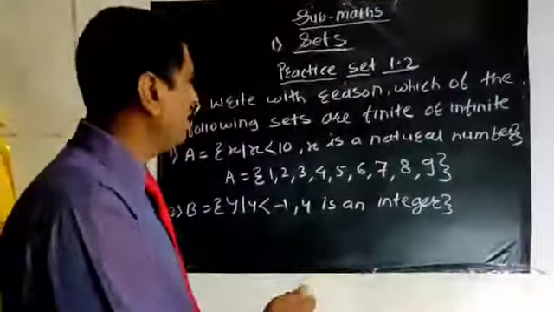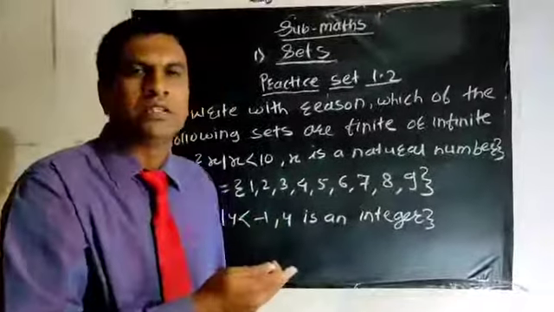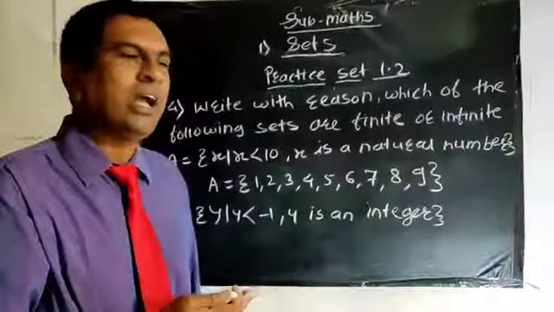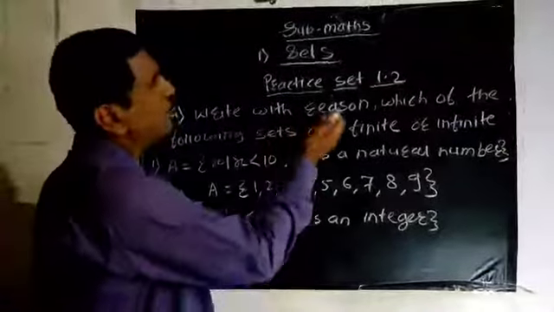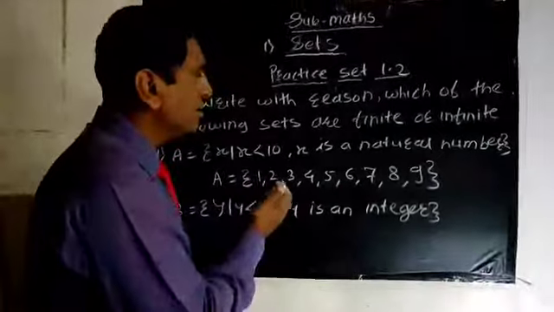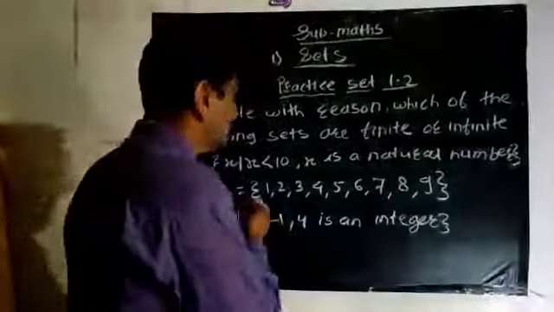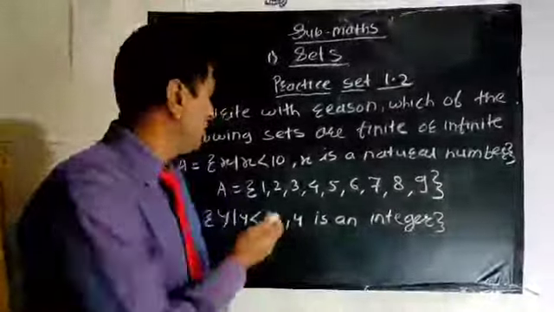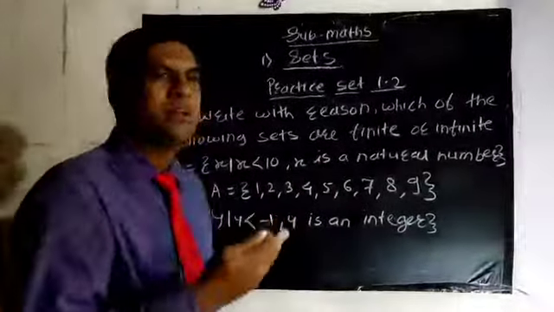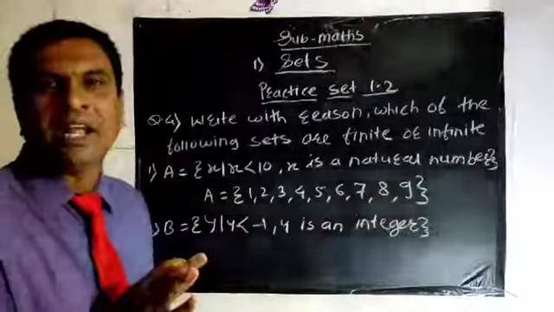And when the elements in the given set we can count, this set is called a finite set. So down below, write the reason they asked for. Then write down the answer: in set A, there are countable elements, therefore this set is finite. Otherwise, you can write this also: in set A, there are 9 elements, so set A is a finite set.